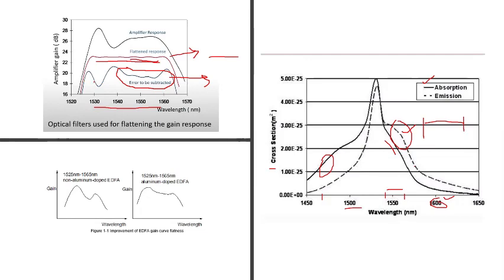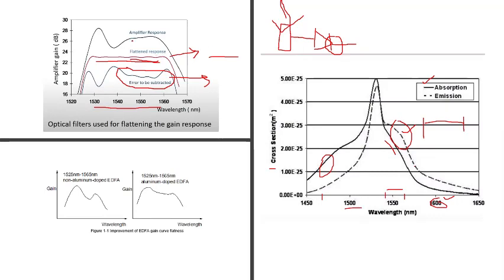This is a natural response of an EDFA amplifier. So we design a particular type of filter which gives the reverse of this particular response. We create a dielectric filter and put it at the input before the signal goes to the EDFA. This particular filter gives us the exact opposite response to the EDFA response,